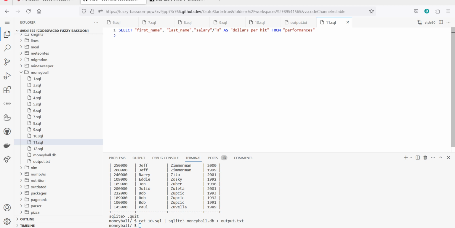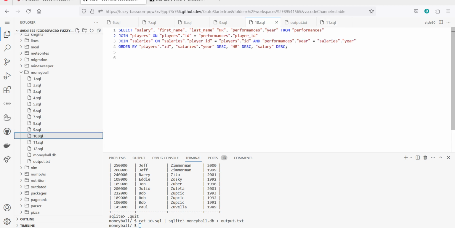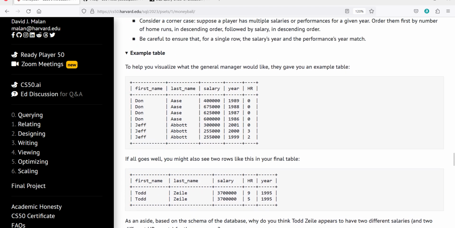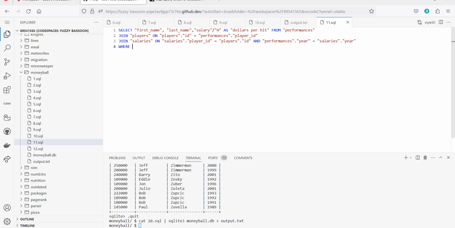Let's join the two other tables, which are players and salaries. Let's just copy and paste them from the last query. Okay. Now where performances.year is 2001,